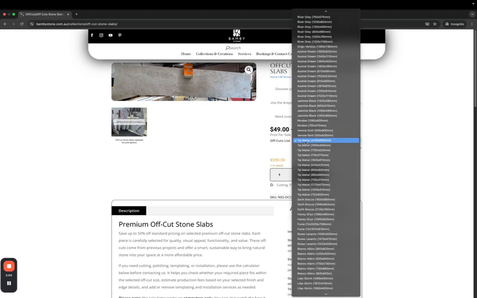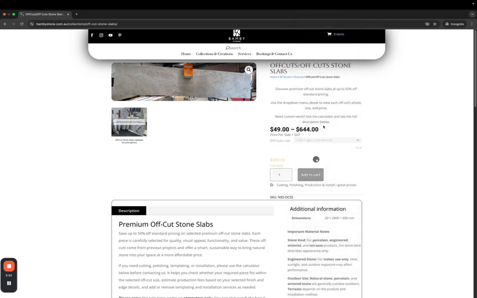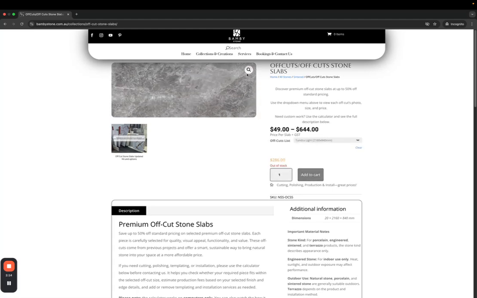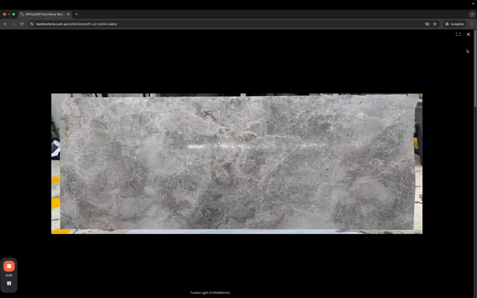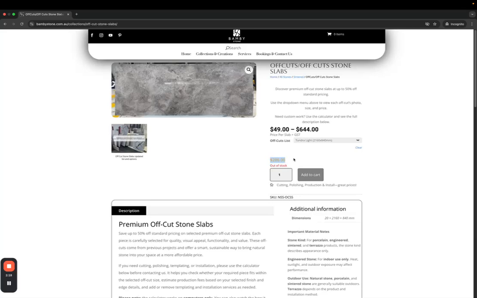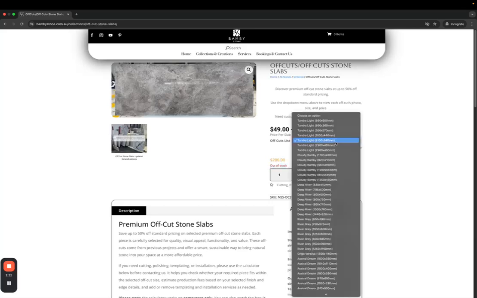Right now Taj Mahal is a natural stone, and we can go with that one, or we can go ahead and find something else which is Tundrolite, for example. Again, another one, as you can see the picture of it, where you can also see the price of it as well, but it says out of stock. That means it's just recently sold. Then we will go and find something else,